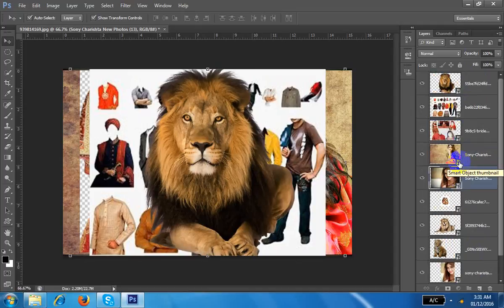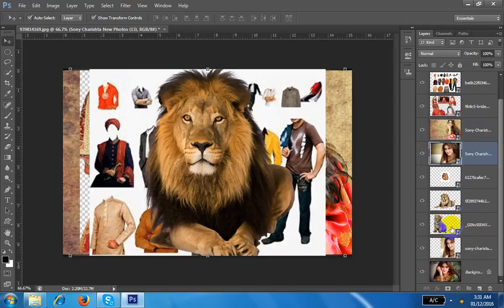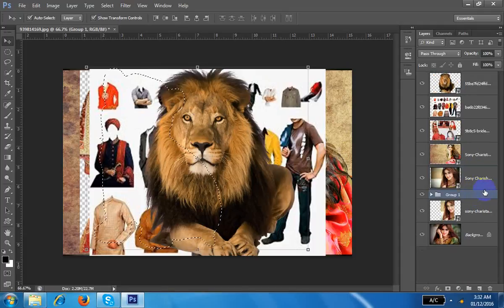Okay, but here I want to make a group. First of all, I want to make the group. So this is the tiger animal. I can do it, control shift, because these are three images. Okay, control G, make it a folder. This is the folder. This is the animals folder. Okay, and this is also an animal.